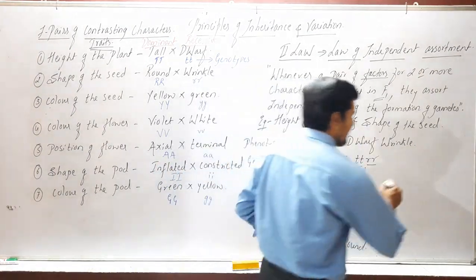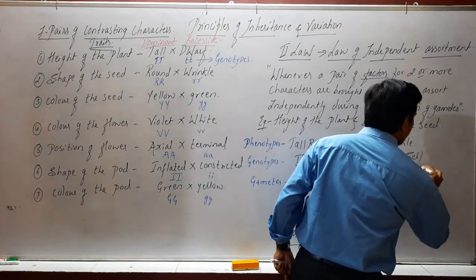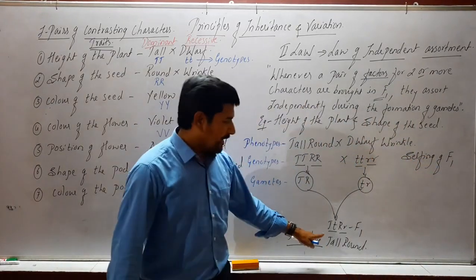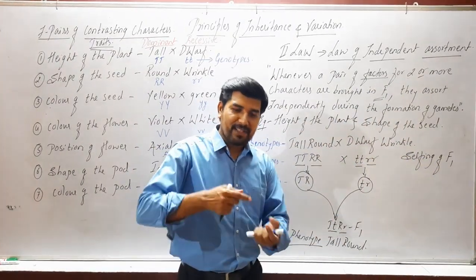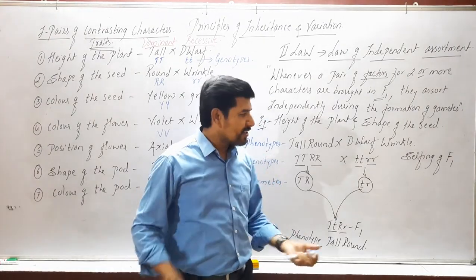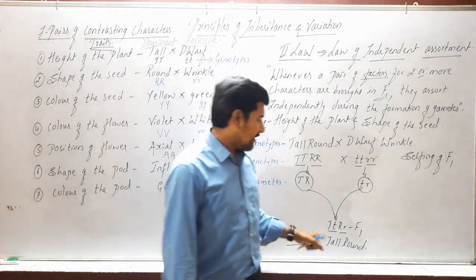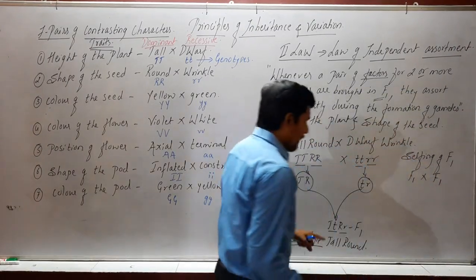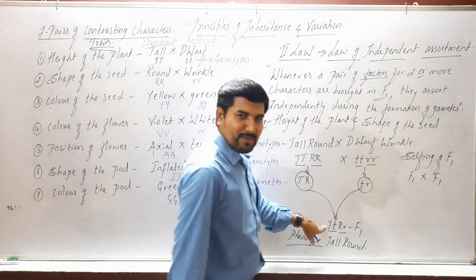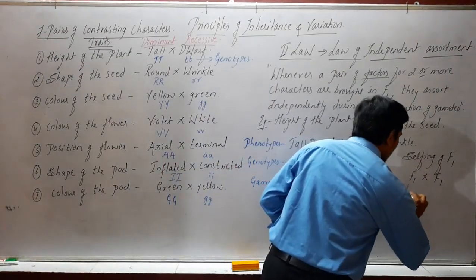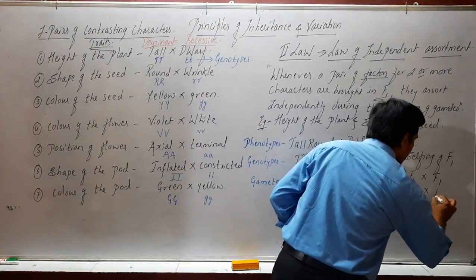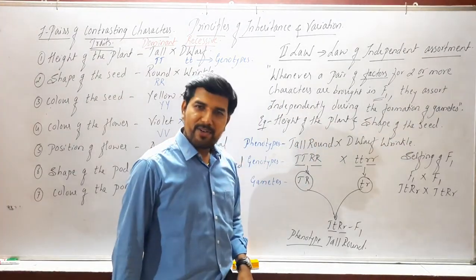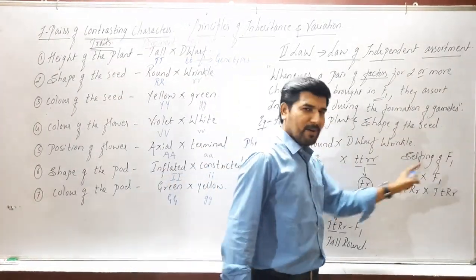We are going to do selfing of F1. The F1 plants have to be selfed. Self-pollination has to be done, which is also called selfing of F1. Then what do we do? We write F1 cross F1. In the F1, we have already written the genotypes here. Write the genotypes: capital T, small t, capital R, small r, crossed with capital T, small t, capital R, small r. The same letters have to be written twice. So this is F1 cross F1.